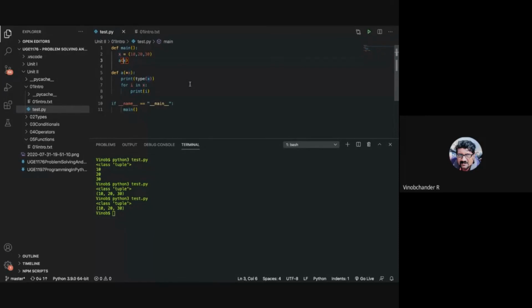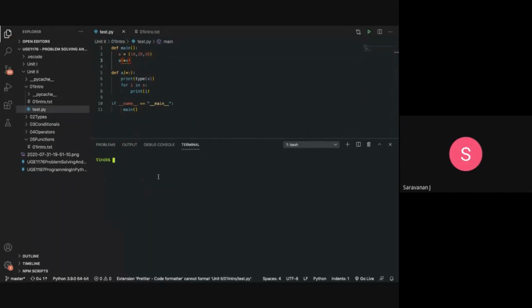Take the star in the definition of the function. Okay, you don't want the star? Yes, sir. Take that star. And you want to remove it in the caller also? Yes, sir.